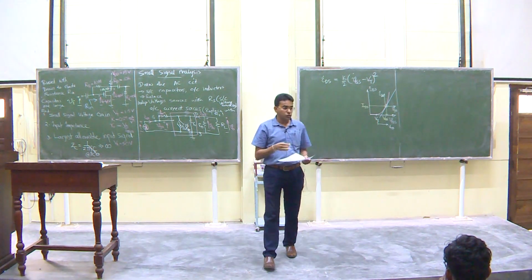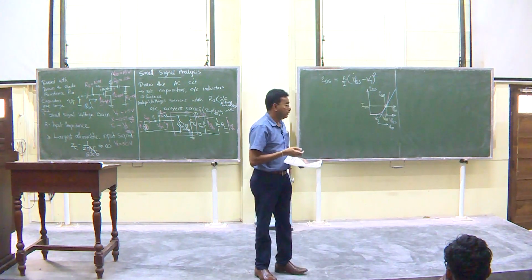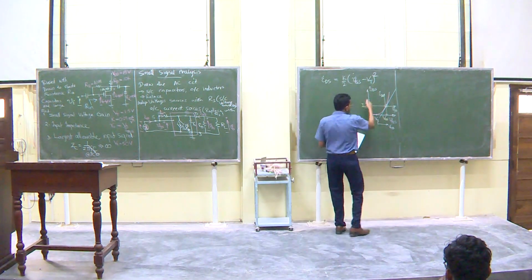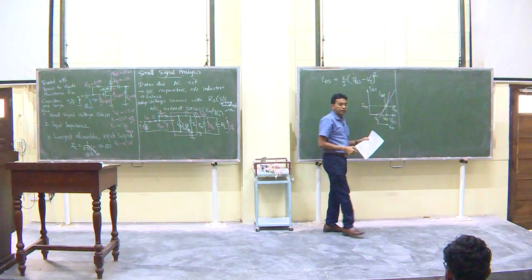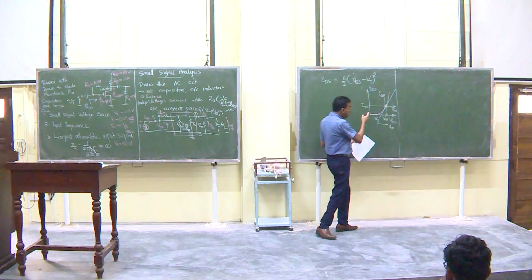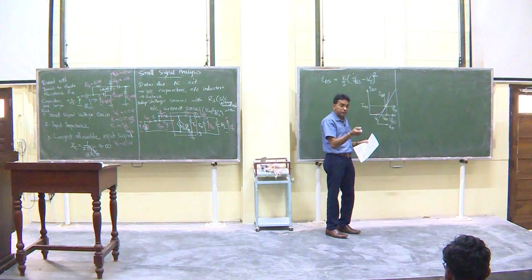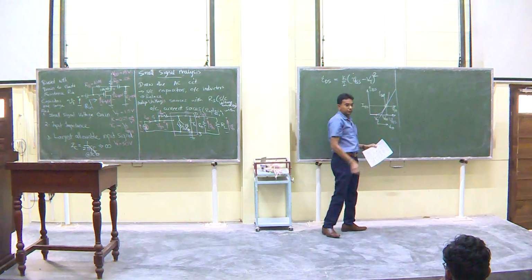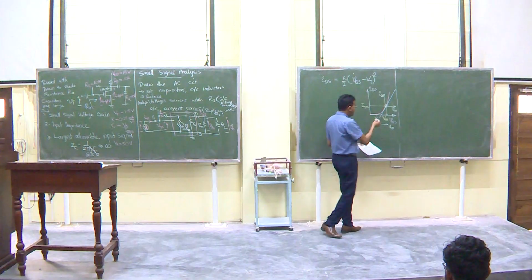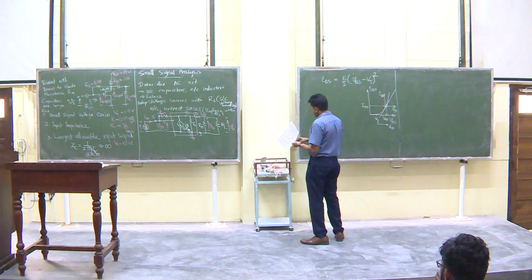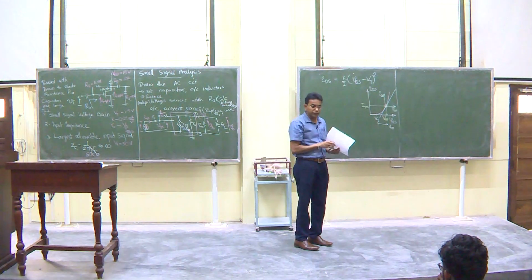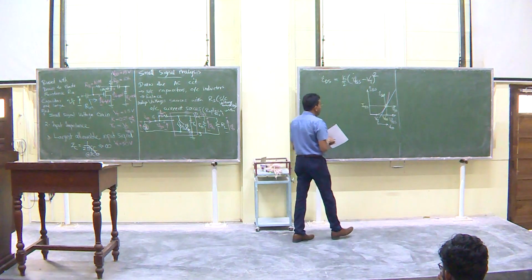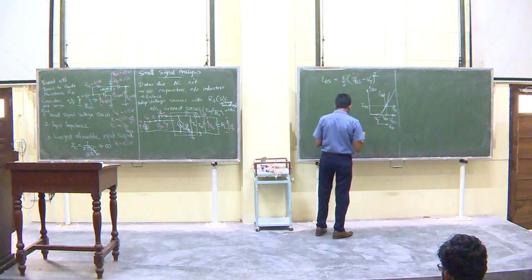Okay? So that's your small signal. So you have the DC and AC together, DC operating point and small signal axis. And the relationship between the small signals VGS and IDS is this blue curve, which we derived last time by differentiating and multiplying by VGS, right. So this relationship is,